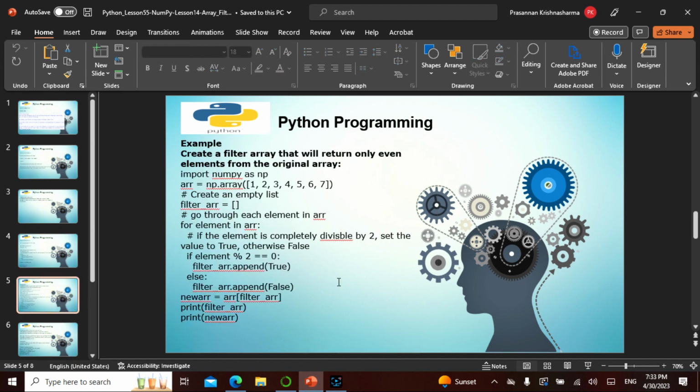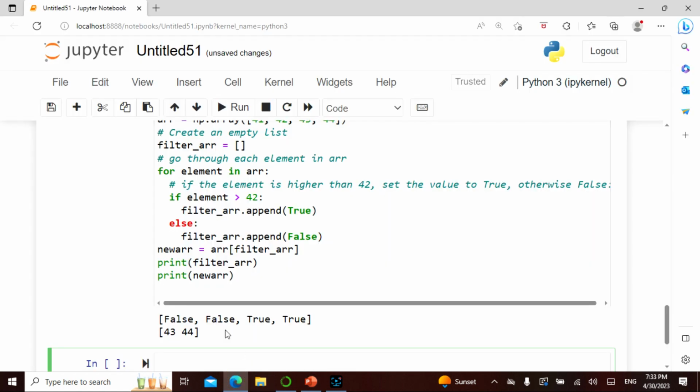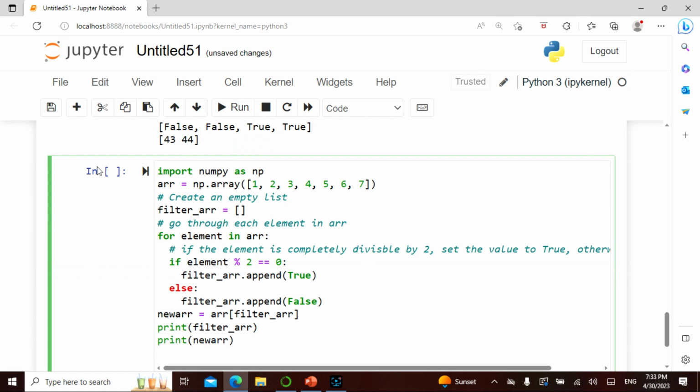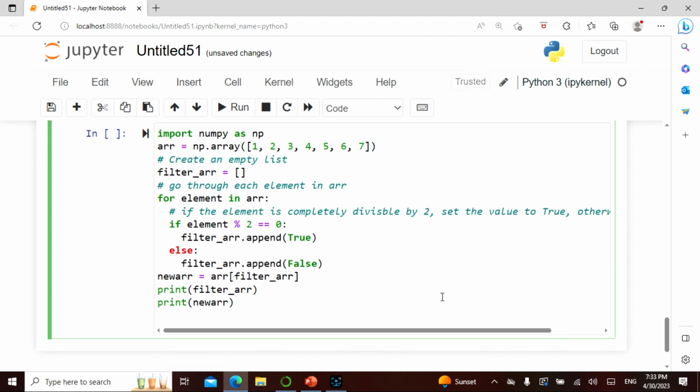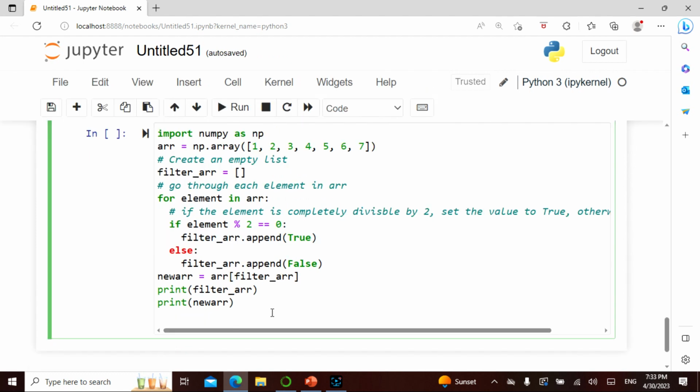Now we can create a filter array that will return only even numbers from the original. So let's take this and do this. Now same thing I do up to 7. Okay, same thing, but I say, what is the even? We saw it. If this is divided by 2 equals 0, then it is even, which is true. Else it is false, and remaining things are the same. So when I run it,